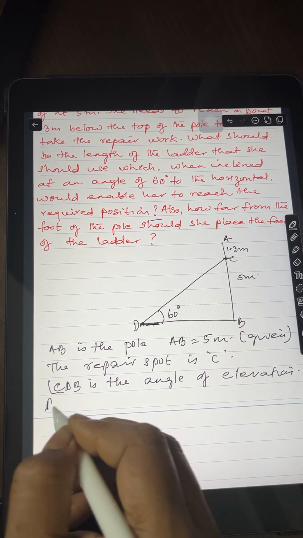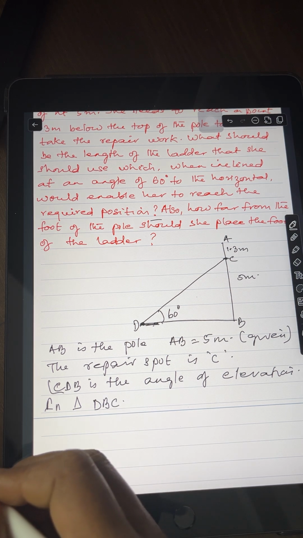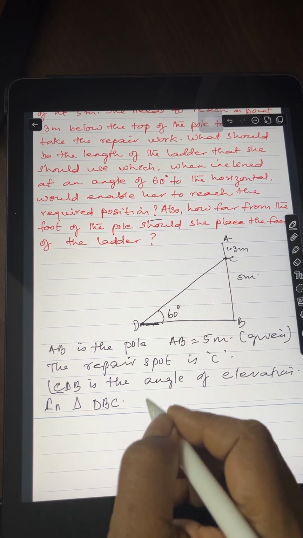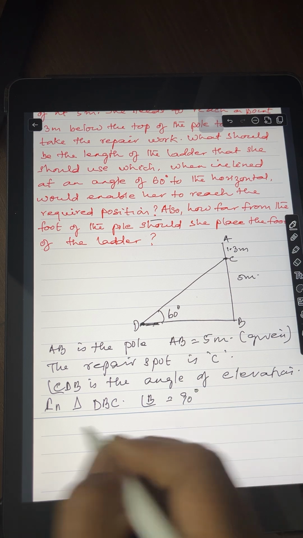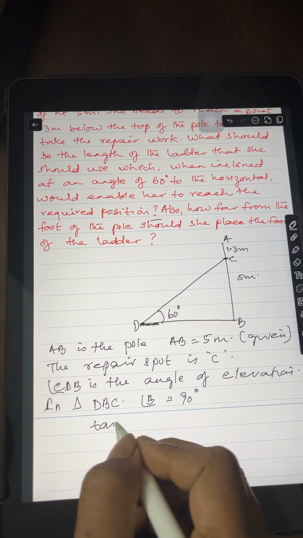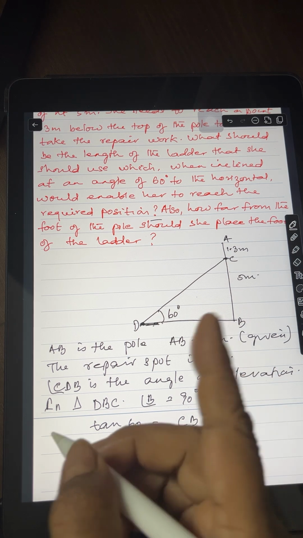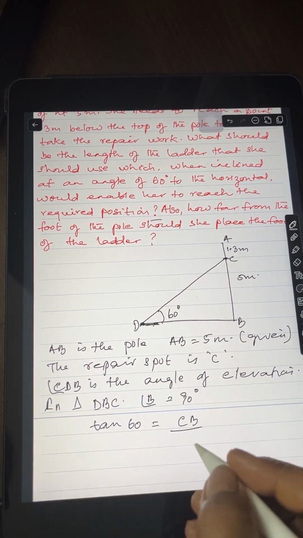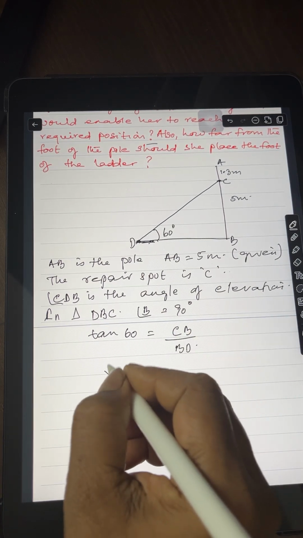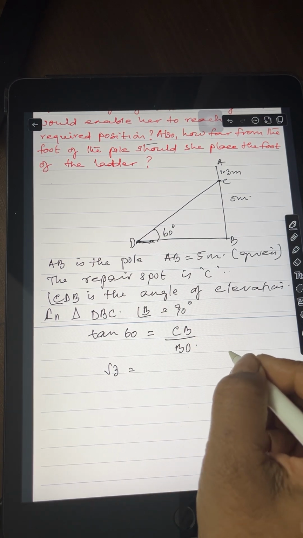Now in triangle DBC, angle B is equal to 90 degree. Now what will you take? Tan 60 you can take. Tan 60 is equal to CB, not AB, CB by BD. So what is tan 60? Tan 60 is root 3. What is CB? CB is, you see,